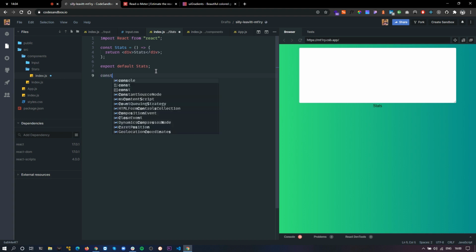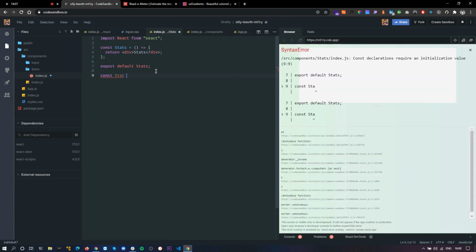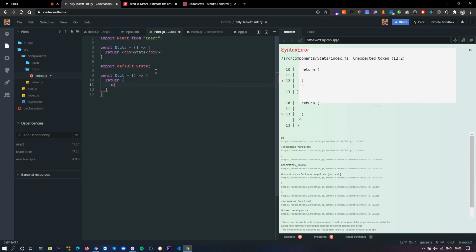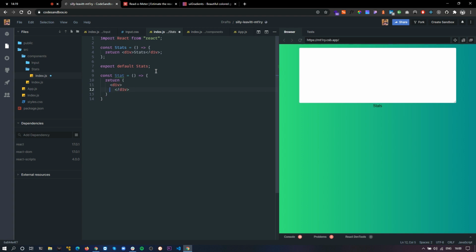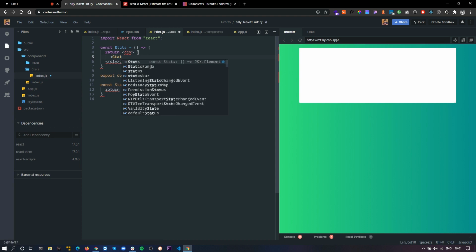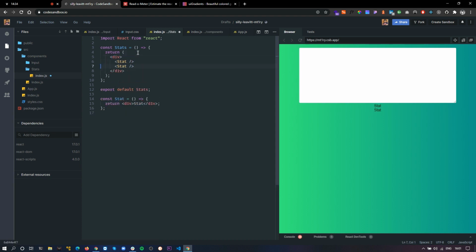I'm going to name it stat, and that returns a div. For now I'll write stat. And inside my stats component, I'll render these divs 2 times. One is for our reading time and one is for the number of words.